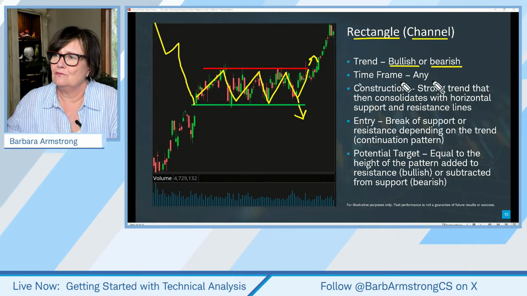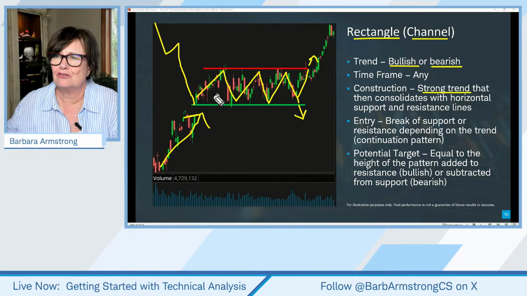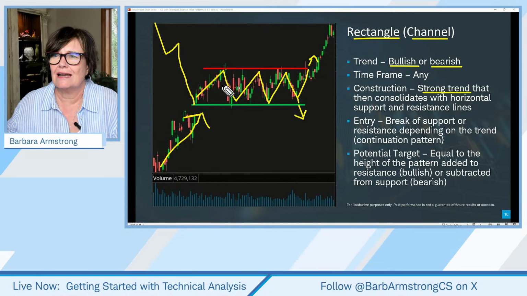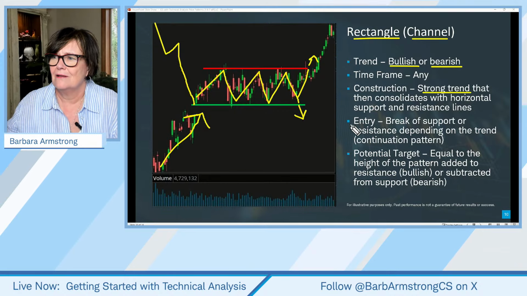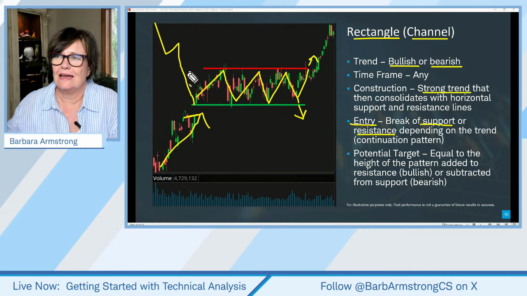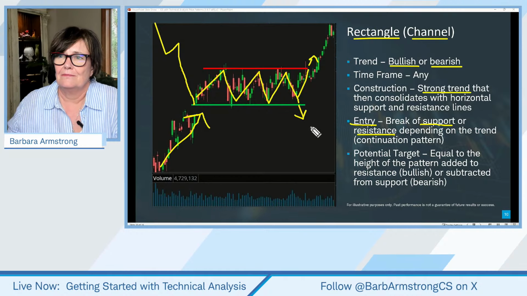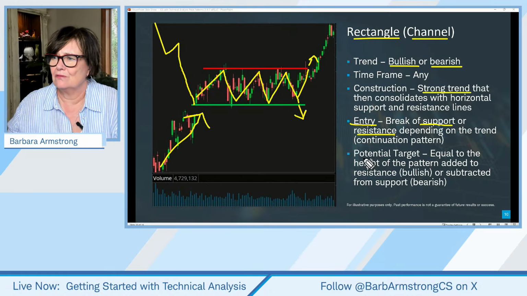Okay. And with a trend continuation, we see a strong trend. When you've just come up like crazy and you've had a really strong uptrend, it's not uncommon to see a stock kind of catch its breath and go sideways for a while. And then when would we consider an entry? Well, when it either breaks to the upside, as it did in this example, so a break of resistance breaking out above the ceiling, or a break of support, depending on the trend. And if it was downtrending and then it broke to the downside, we'd call that a trend continuation pattern. If it broke to the upside, it could be a reversal pattern.